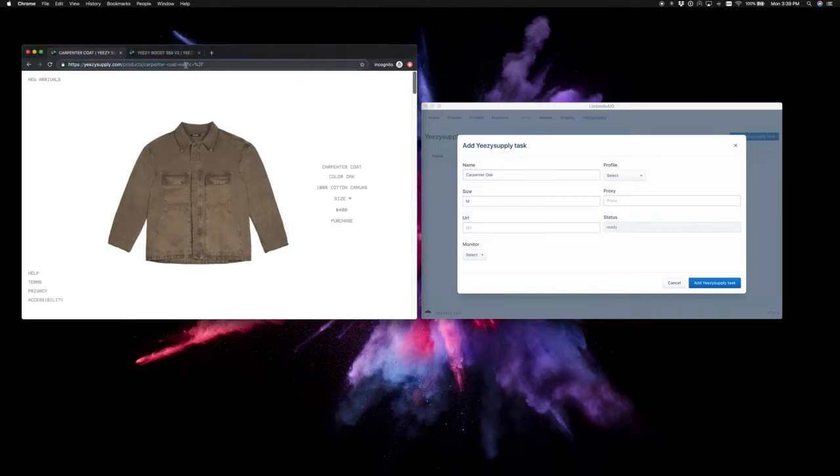The URL of the product that we're going to be ordering. If we have monitors set up, we will select that here. I will go over that later on in the video, but for now, let's go ahead and leave it blank. Profile, let's select the profile we just created. And then for proxy, if you fill this out, it'll use the proxy that you told it to use. If you don't fill it out and you leave it blank, it'll just use your local